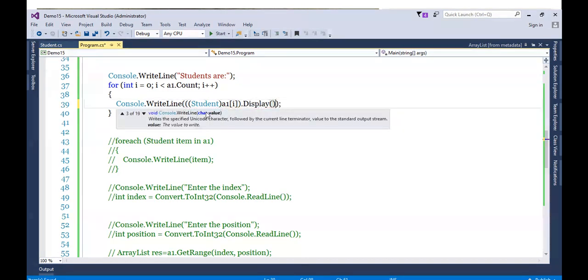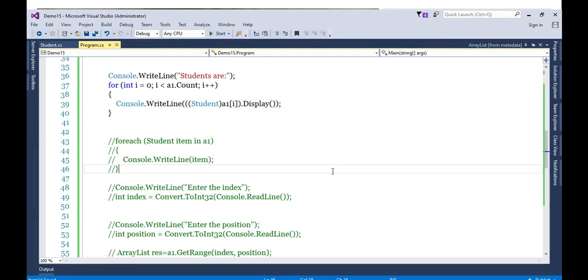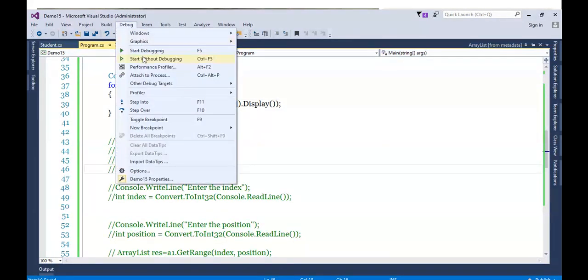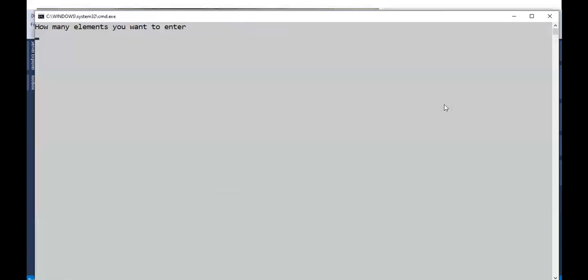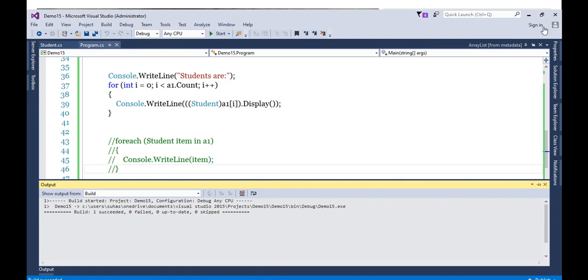I know this is a bit, what you can say, not good. It is bad as far as programming is concerned, because we are simply converting array list type into student. But if I use for each loop, it will be helpful for me. So you can think about for each now, how for each loop is reducing my efforts. See, I'm getting the answer, no problem.